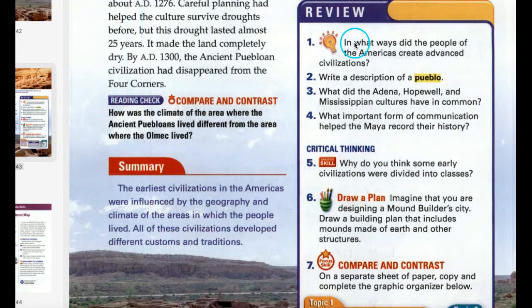To review, in what ways did the people of the Americas create advanced civilizations? Write a description of a pueblo. What did the Adena, Hopewell, and Mississippian cultures have in common? What important form of communication helped the Maya record their history? And why do you think some early civilizations were divided into classes?